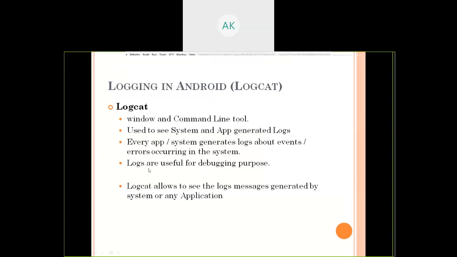These logs are very useful for debugging purposes. Suppose our app is crashing somewhere, then we can generate a log where we can identify what can be the cause behind the crashing of our app. So logs are basically used for debugging.